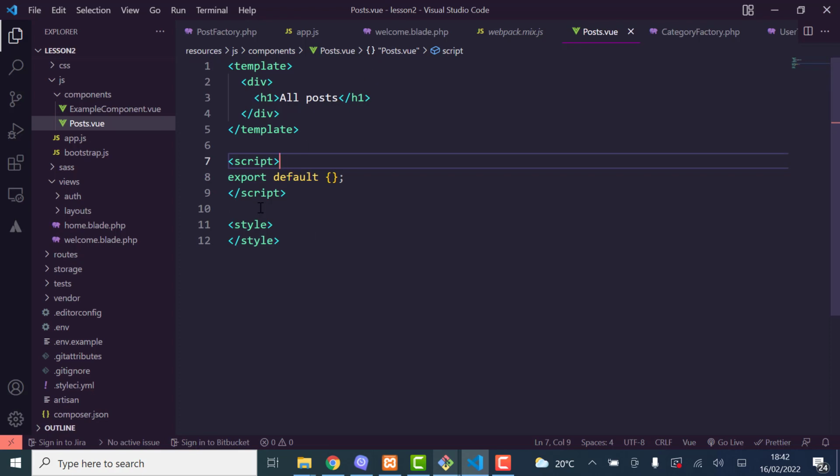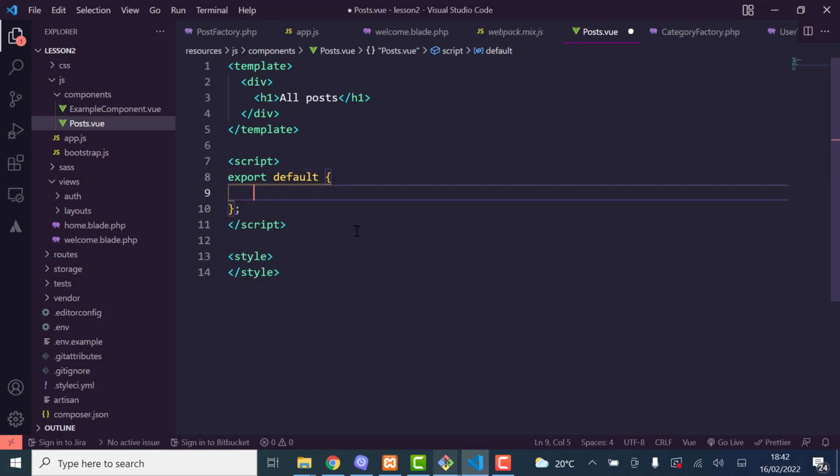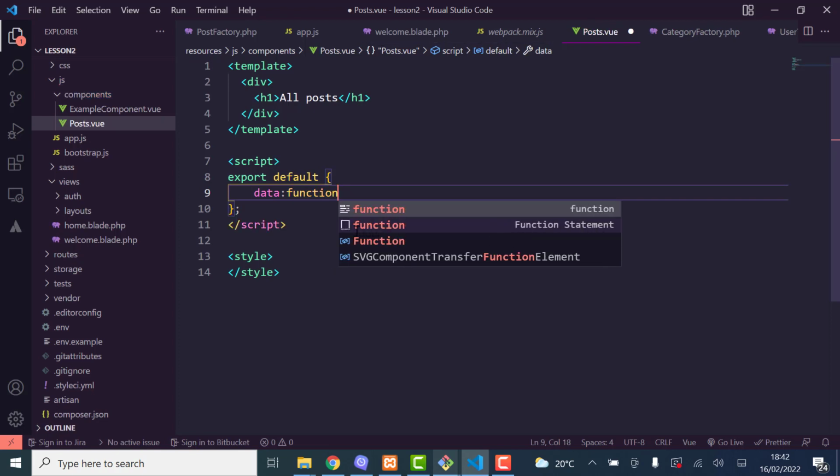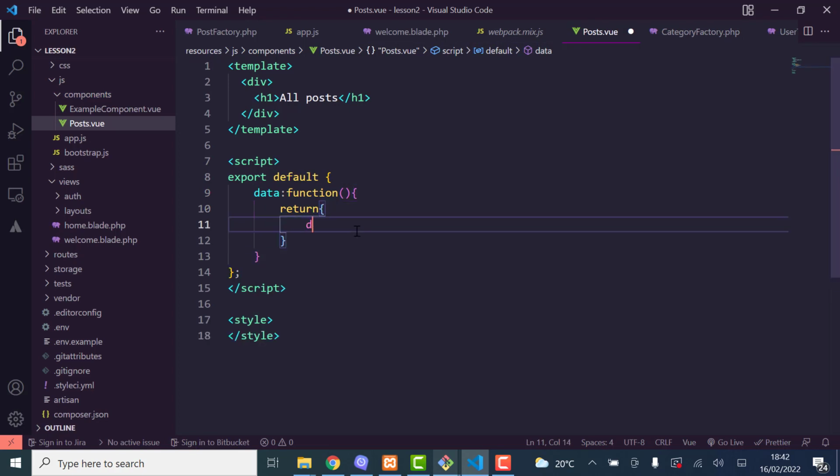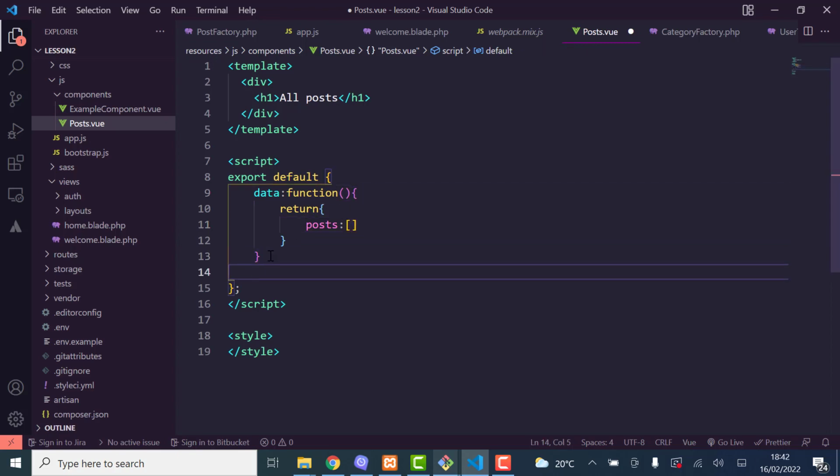So for example, inside this script tag here, you can just define the data object, equals to function, and then I just return an object. So I can just say posts is equal to an empty array like that. Okay, and then when the component is in the created life cycle, I can just write a created